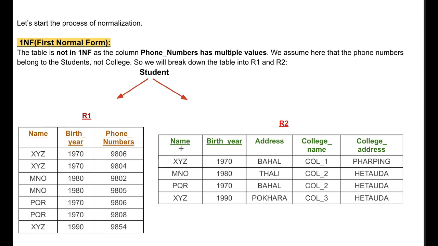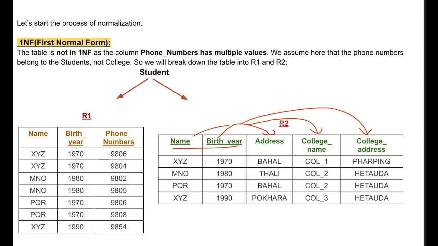What I did is I took the primary keys based on the question, and I did not consider this one as a prime key here. So in this way, we can say this address is derived from a combination of name and birth year. College name is also derived from a combination of both, and also the college address is being derived from both the attributes, name and birth year. These two are the key attributes which are deriving address, college name and college address separately.